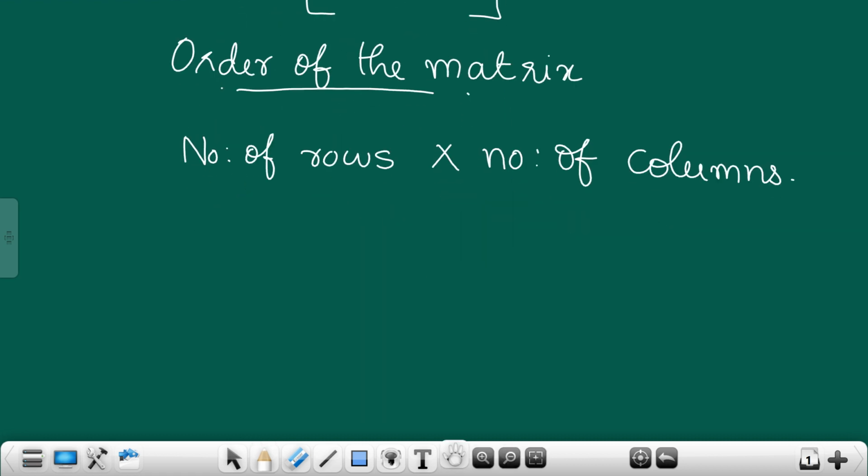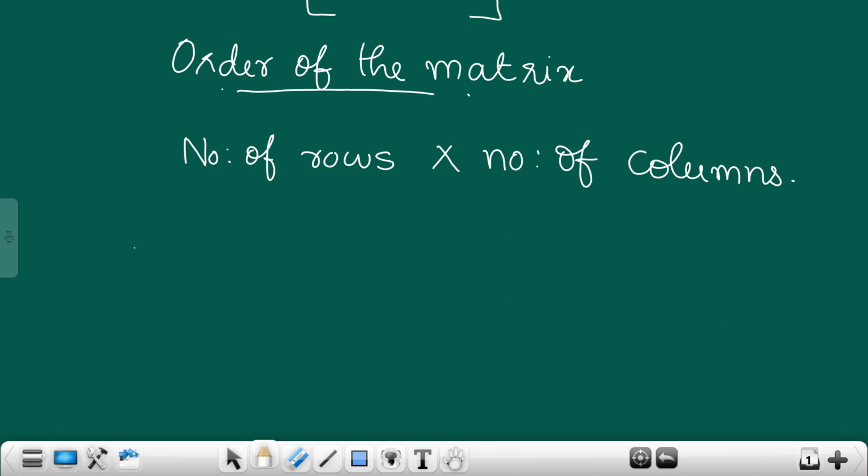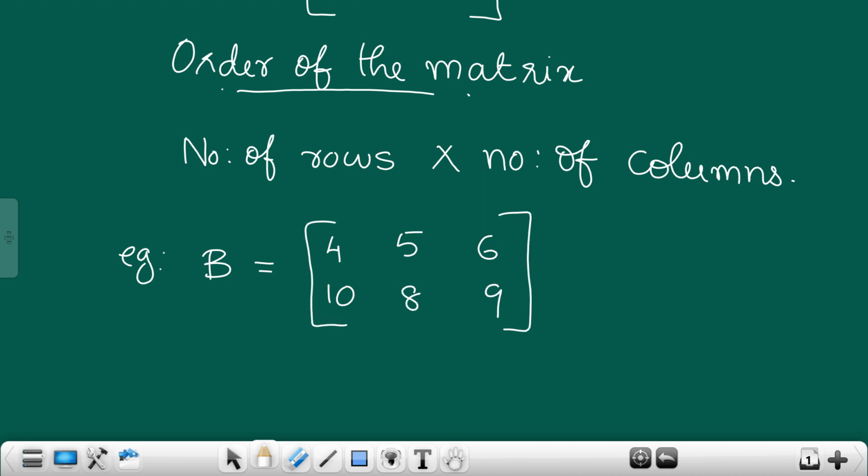For example, matrix B equal to 5, 4, 5, 6, 10, 8, 9. Order of matrix B equal to